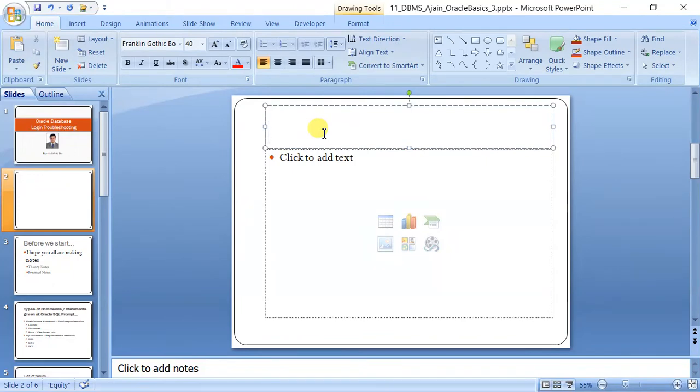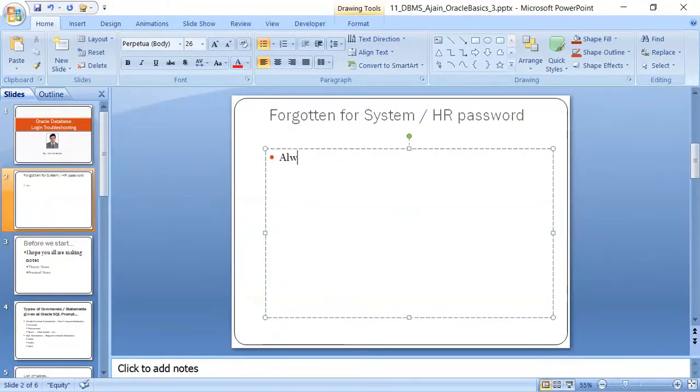Suppose you have forgotten your system or HR password, any. What you will do is you can always log in with sys. Let me show you how.